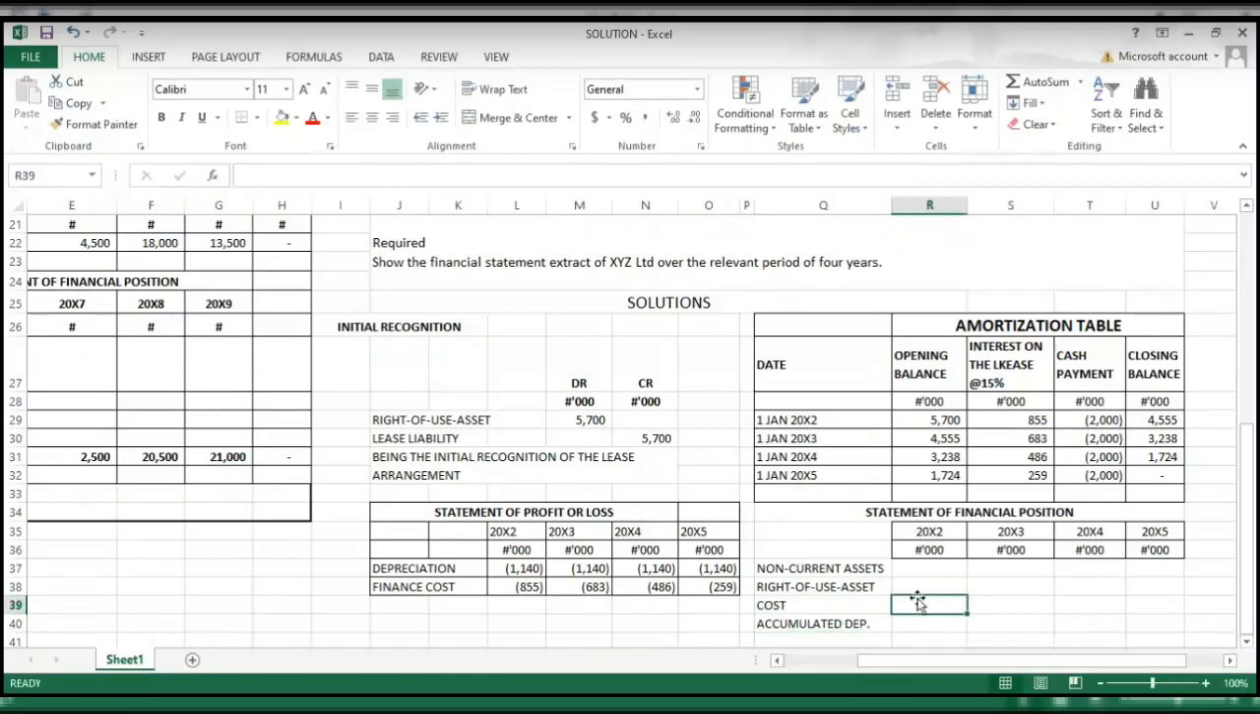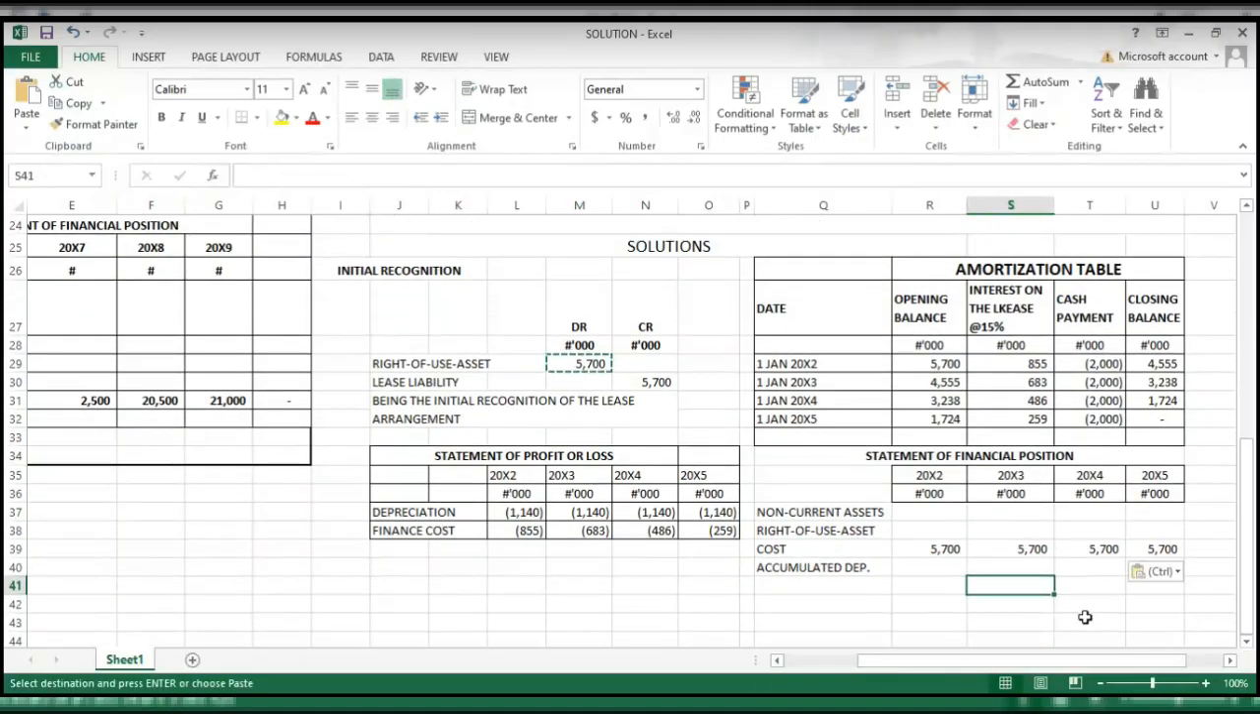So let me have the cost here, which is what we already have in this place. Costs is going to be the same thing over the years. It remains at cost, but the accumulated depreciation will be changing. This is it in the year 1, and then in year 2 becomes this and this,